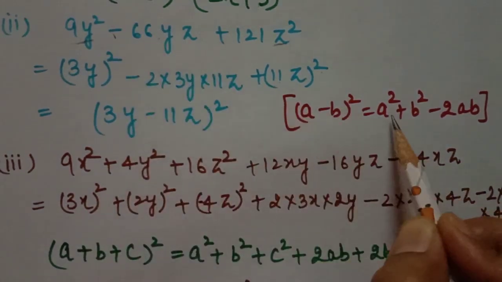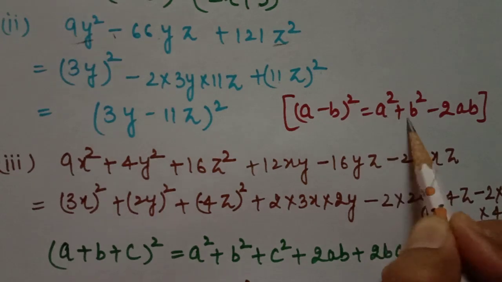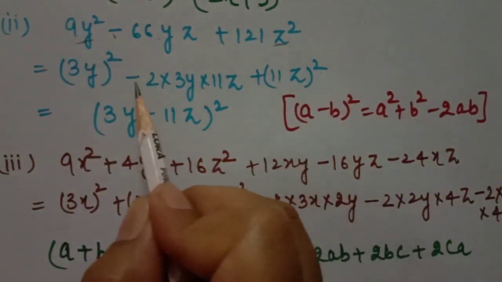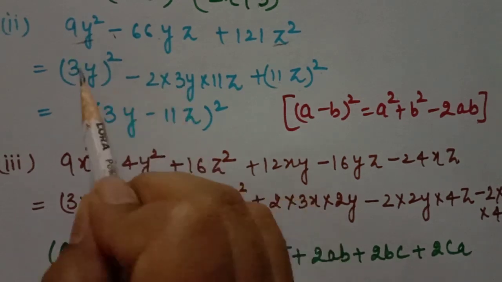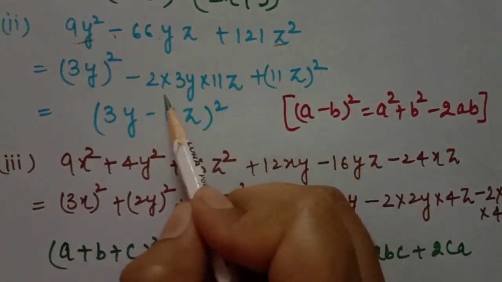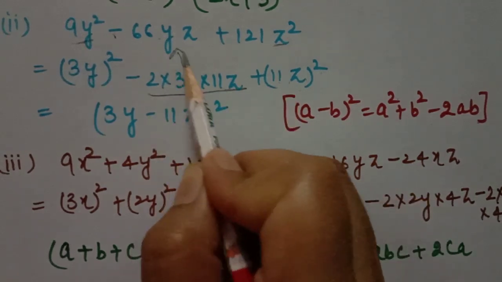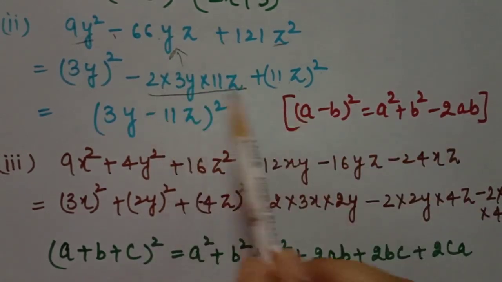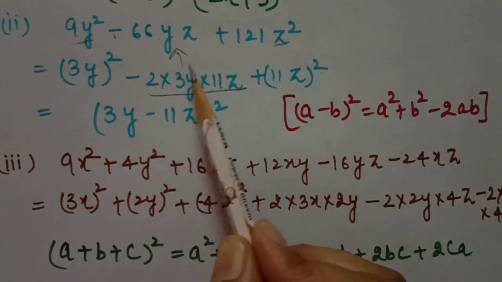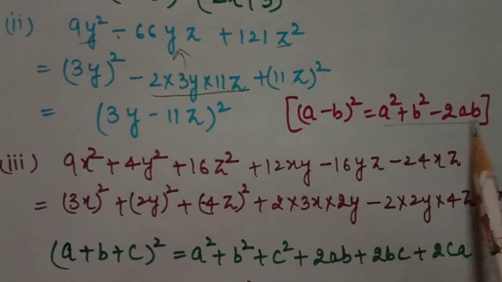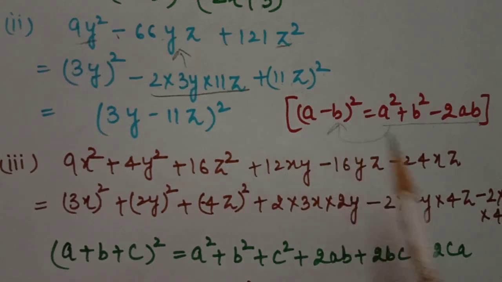According to the question, we have a minus b whole square, which is a square plus b square minus 2ab. So a square, b square are there, and minus 2 into a into b. If we took them as correct, then it should be equal to this. Now we will check and multiply, and they both are equal to each other. Yes, they are equal to each other. Now we will close our bracket. If we have this part, then we have to write like this.